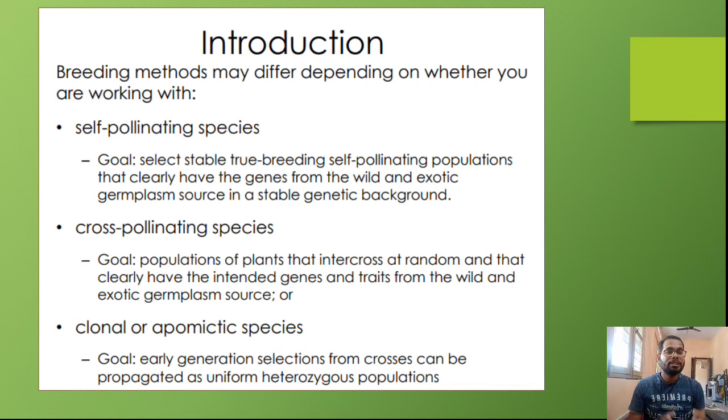Okay, so select the plants which have the characters of both parents, or the plants which have the DNA of both parents. This is the type of plant you have to select in cross-pollinated species. And for the clonal or apomictic species, initially you will select those plants